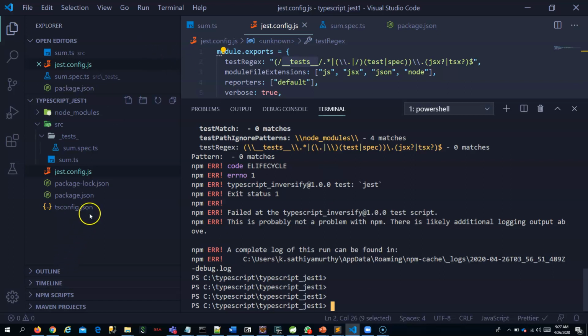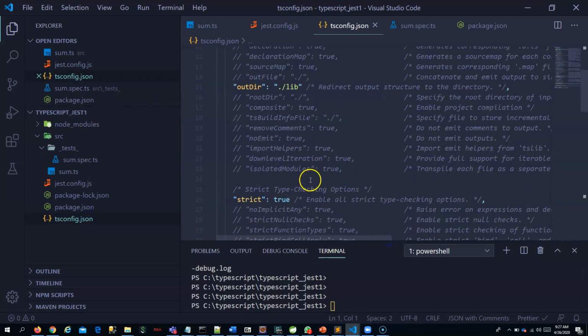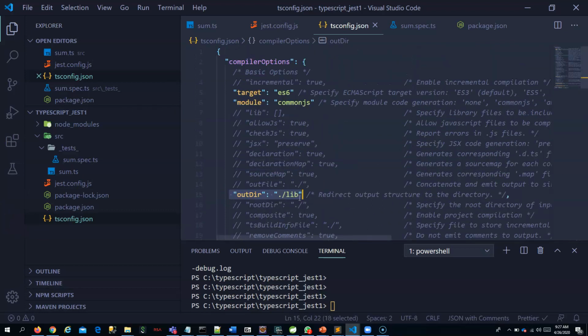Okay, so for Jest to run, you have to transpile all the TS as JS. What you can do is create an out directory, lib, in tsconfig.json, so that all your transpiled files will go to that library.